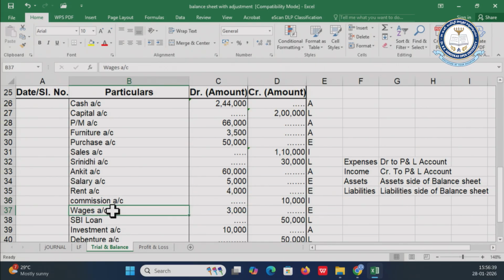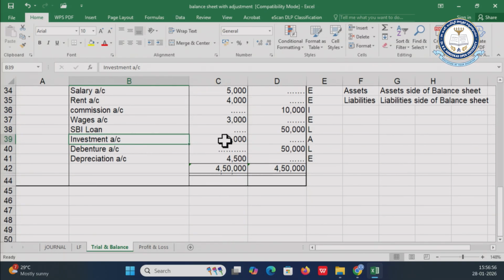Wage is an expense, and all expense accounts always show a debit balance, 3,000. SBI loan is a liability, which always shows a credit balance, therefore it is credited. Investment account is an asset account and always shows a debit balance, therefore it is written in the debit column. Debenture is a liability, and all liabilities always show a credit balance, therefore it is written in the credit column of the